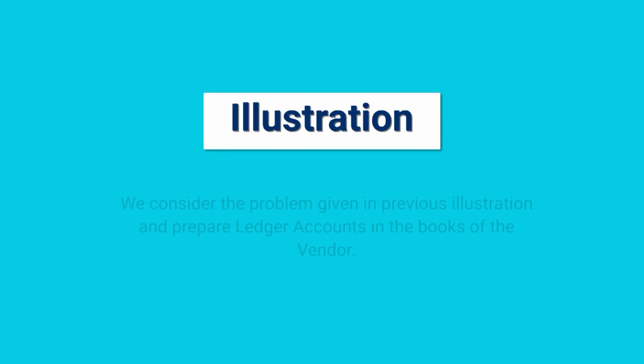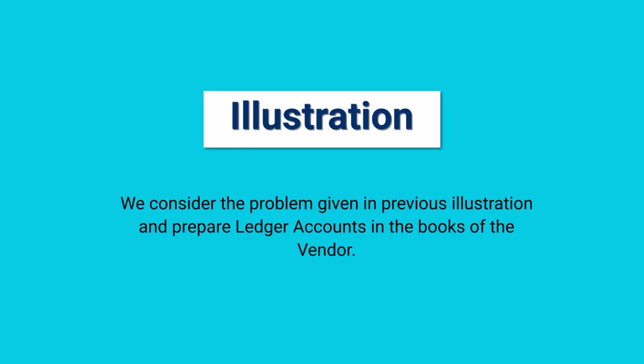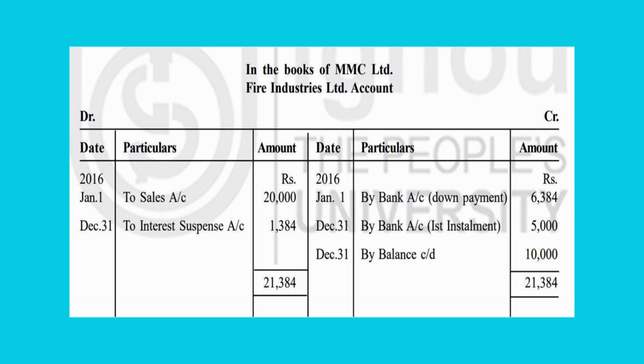Illustration. We consider this problem in the same problem. Here we have made a sale of rupees 20,000. So we will make the entry: buyer account debit to sales. In the books of MC Limited, buyer account to sales 20,000. Here we received the down payment of 6,384, by bank on account of first year installment. This is the balancing figure